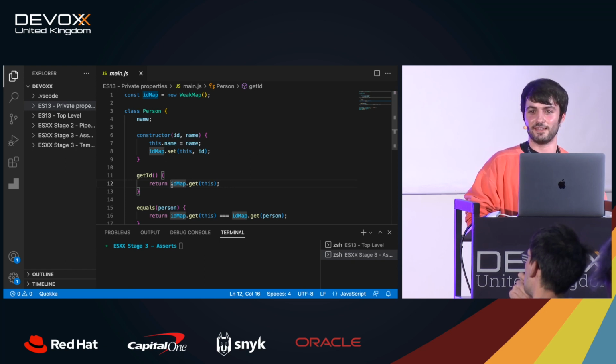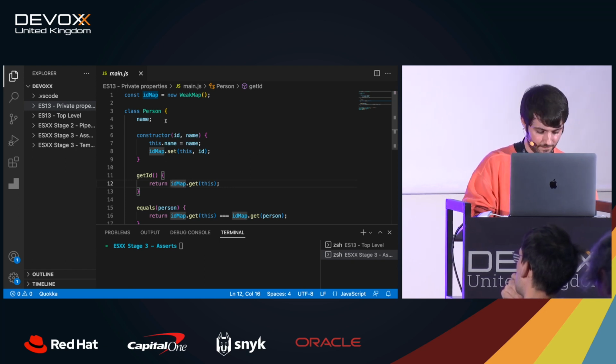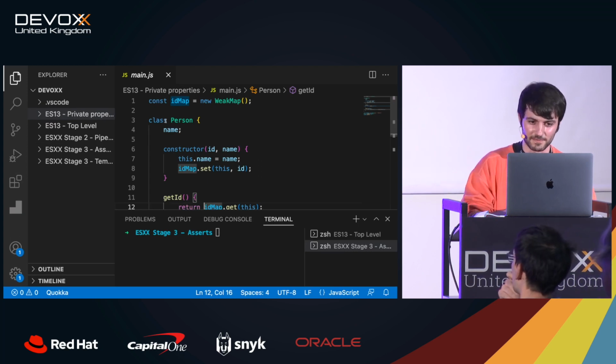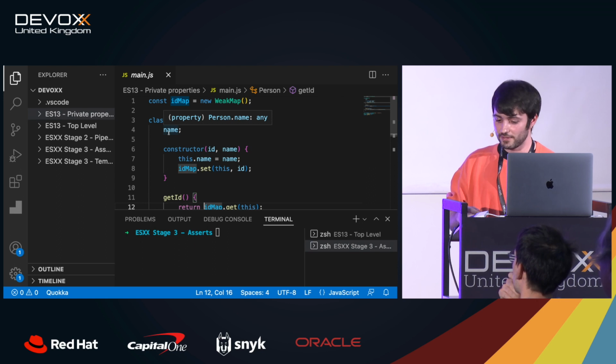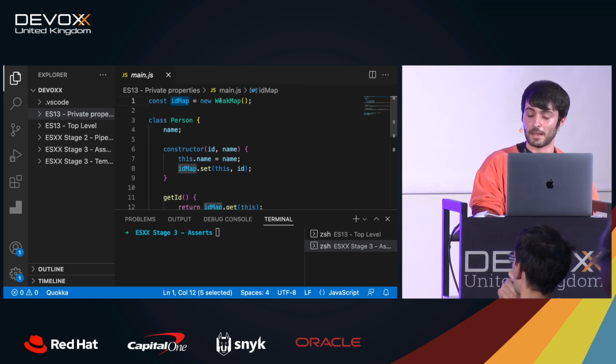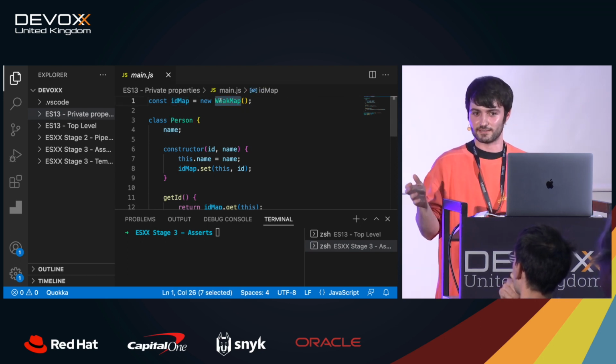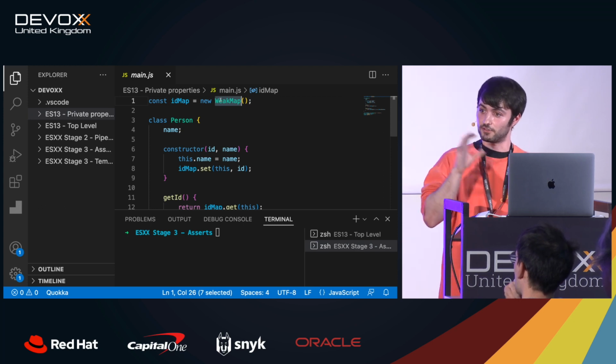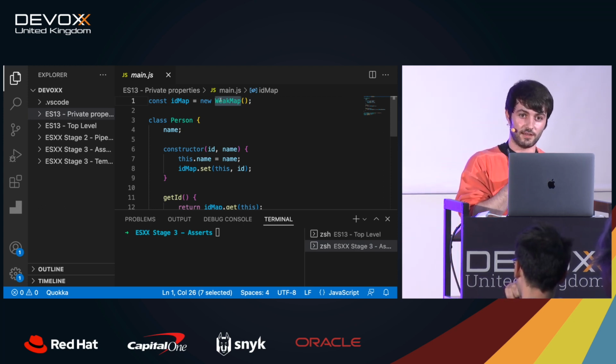That is basically the creation. What you do is, and just to confirm, can you see the screen properly? All good? Okay, awesome. What we have here right now is a map. It's a WeakMap, which is like a map, but the keys are objects and the values will be removed by the garbage collector if the reference to the object disappears.